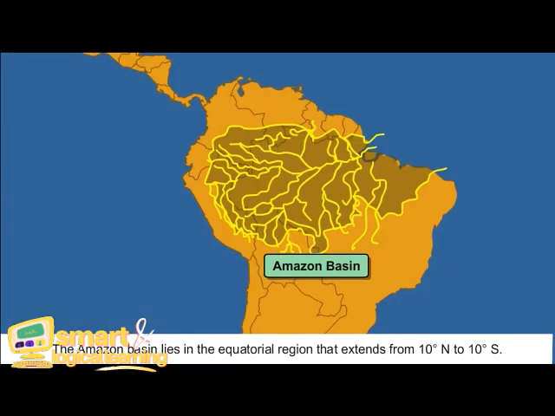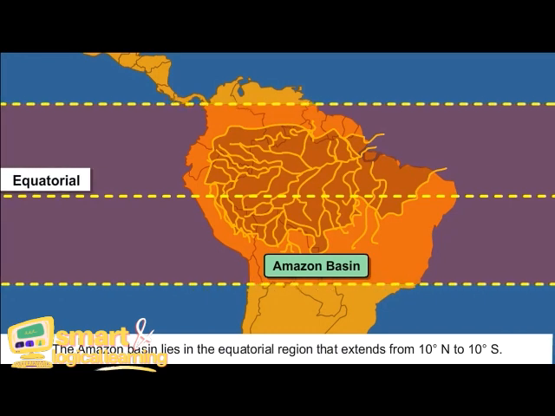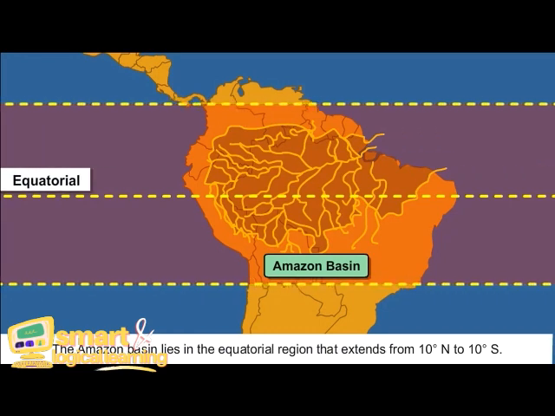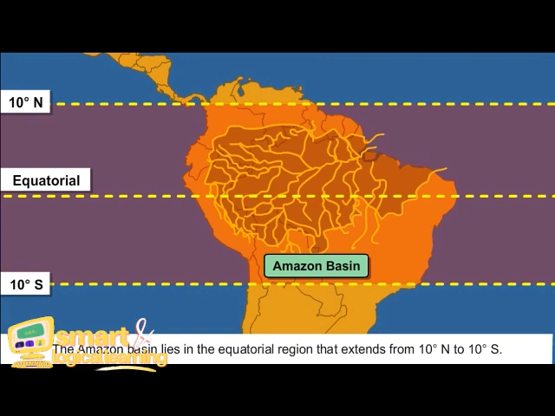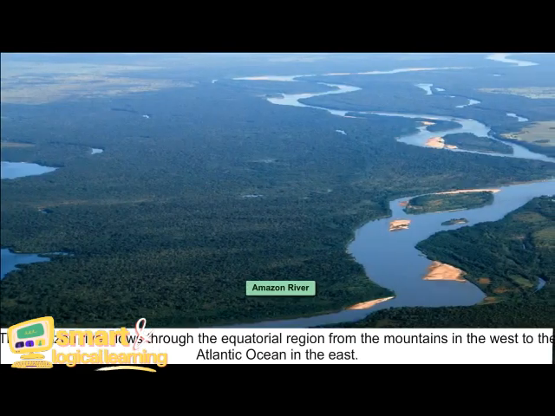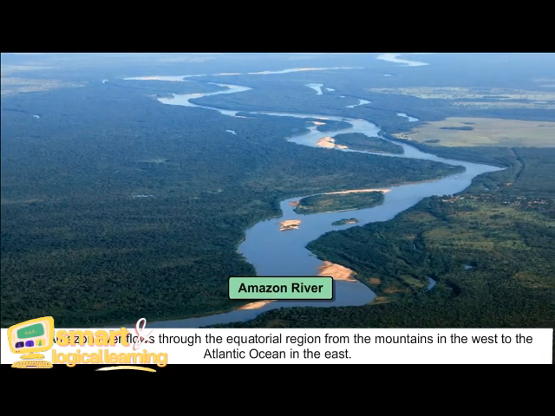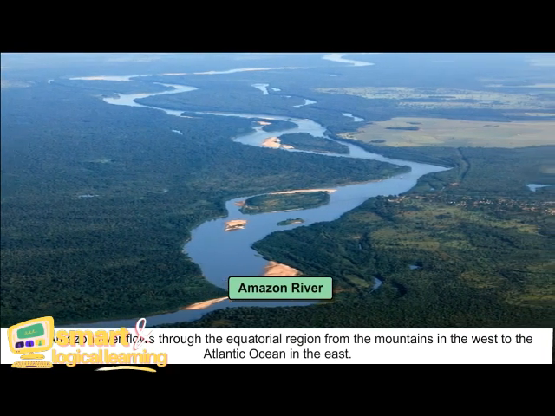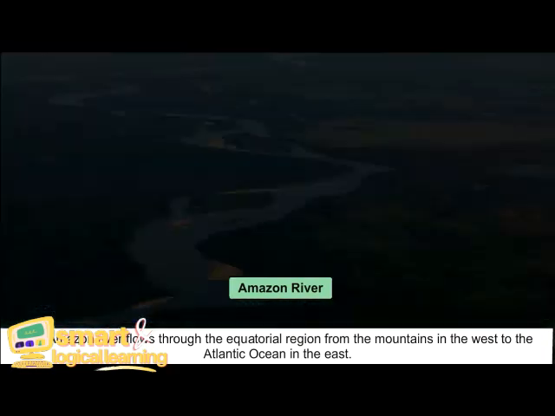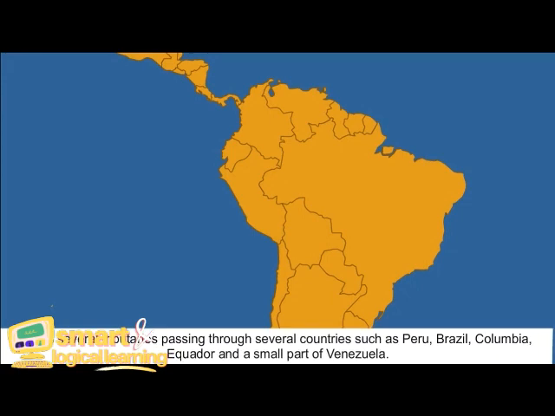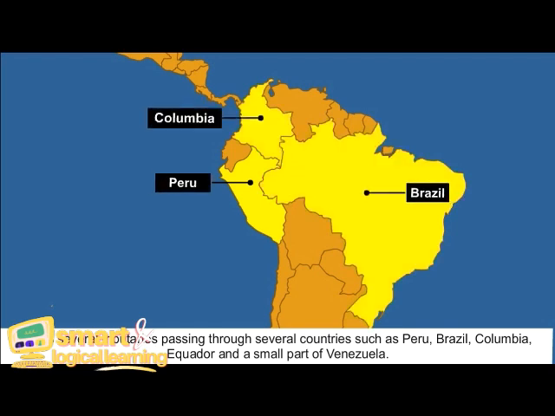The Amazon basin lies in the equatorial region that extends from 10 degrees north to 10 degrees south. The Amazon River flows through the equatorial region from the mountains in the west to the Atlantic Ocean in the east. It has several tributaries passing through several countries such as Peru, Brazil, Colombia, Ecuador, and a small part of